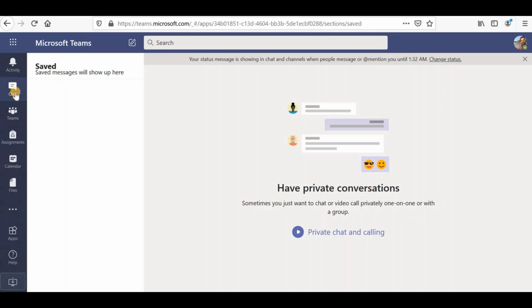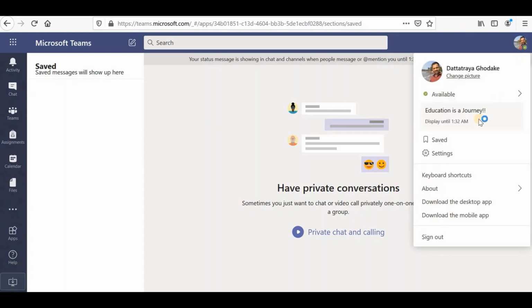Now how we can make use of this saved button, or what does it mean by the saved button? Inside the chat section, or inside the team section, or inside the conversation section, we are going to send a number of messages and receive a number of messages. If you find some message suitable, or that message needs to be looked over, then you can click on that message and save it, and afterwards if you want to see that message you can click here. Here you can find those messages.